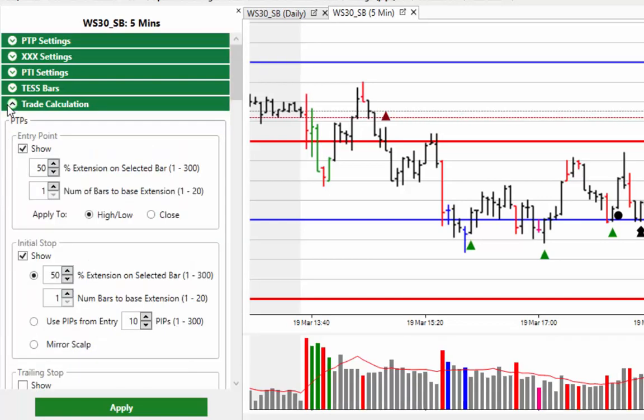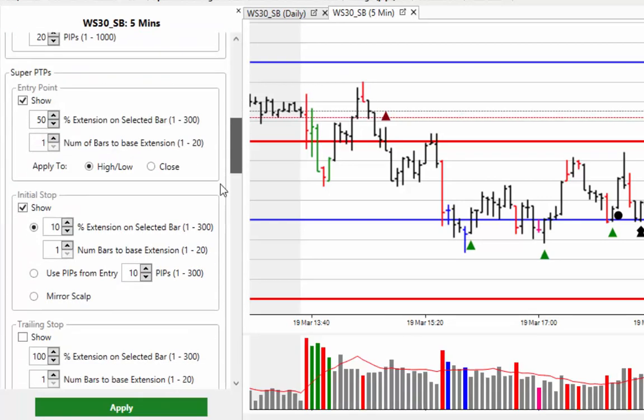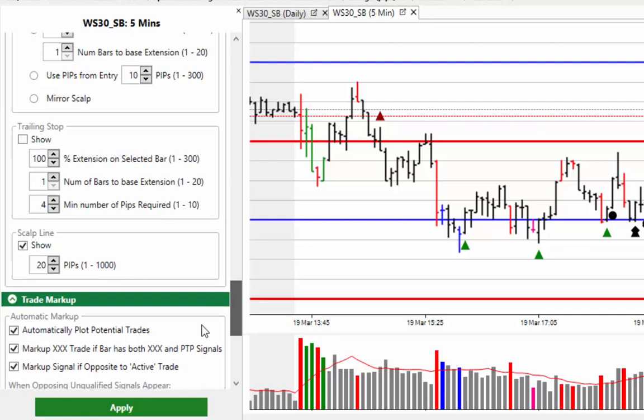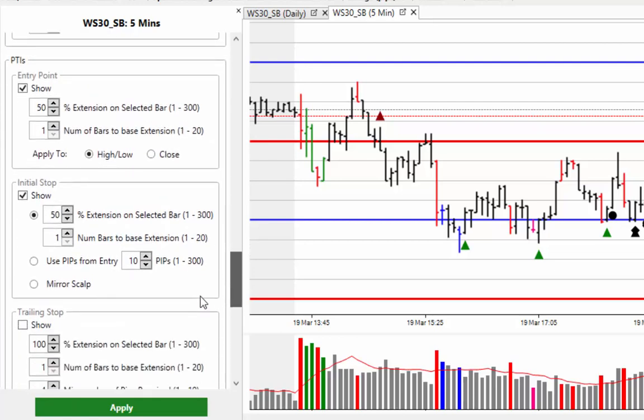The trade calculation, and we have to scroll down till we see PTI, which is around here somewhere. So on this one, I'm using the normal 50% to get in, and something again I've spoken about in the last few weeks about letting the market breathe a bit more. I've increased this to 50%, and the reason for this is, if you look at this particular one here, this green triangle, this is how the PTIs are displayed on the price chart. If I'd have gone the normal 10% there, I would have been taken out,